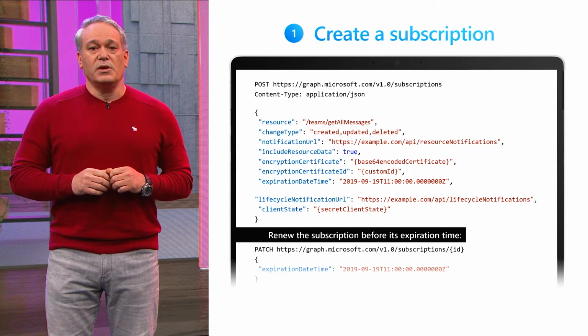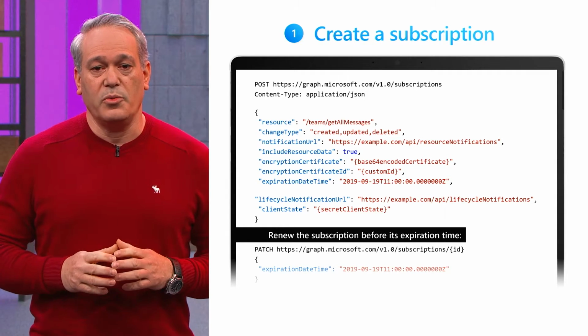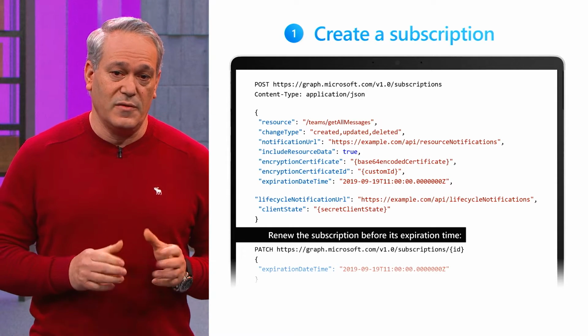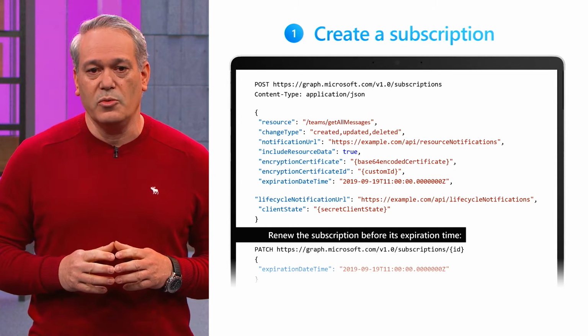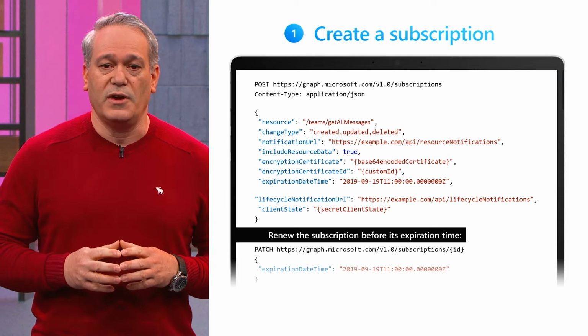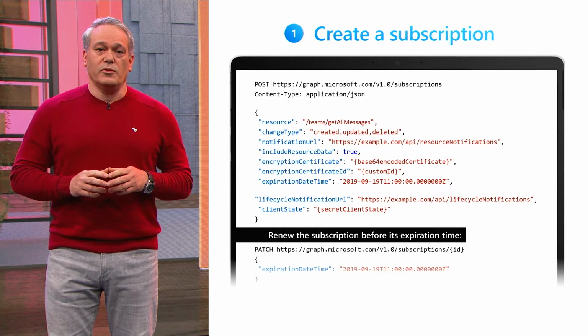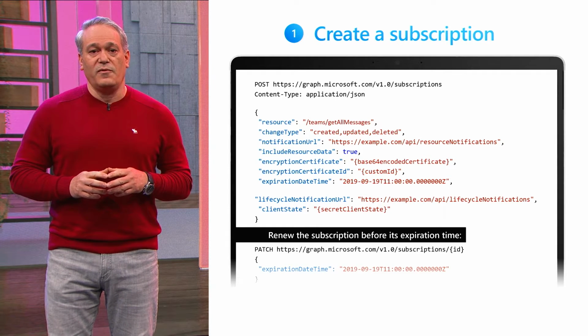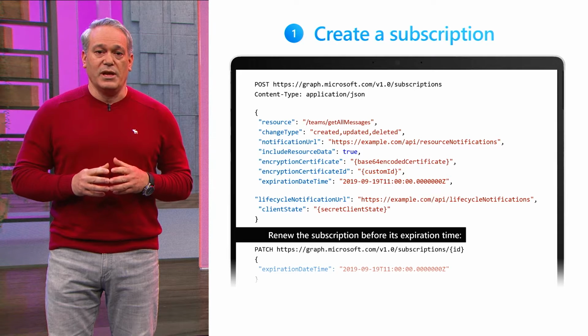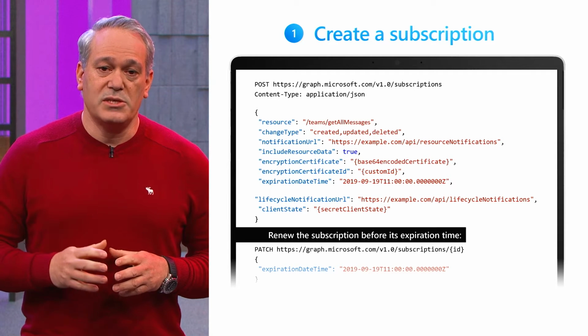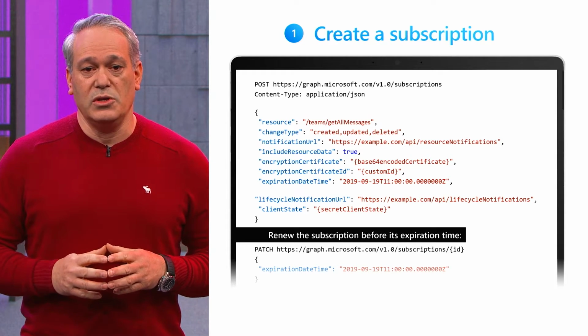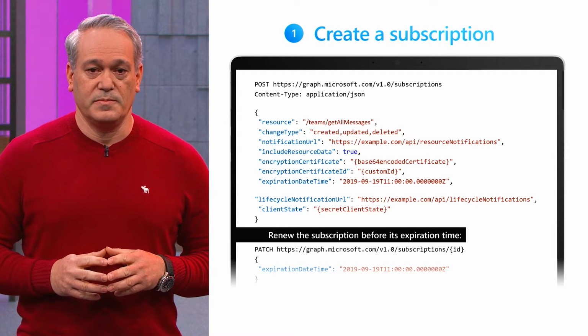Lifecycle notification URL can also be used as a separate endpoint to listen for subscription lifecycle events, such as when a subscription has been removed or when a change notification cannot be delivered to your app. A subscription will expire in 1 hour. To maintain service continuity, we recommend renewing the subscription every 45 minutes to account for any network lags. Finally, use the PATCH subscriptions/{id} endpoint to renew your subscription before it expires.